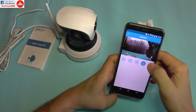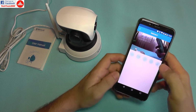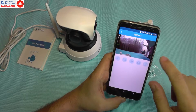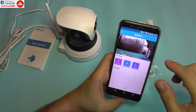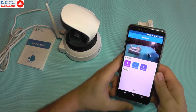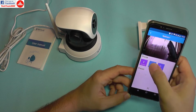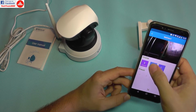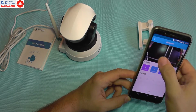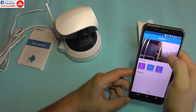Alright, and this is for listening, and yes, it does have microphony, which happens. And this thing is a cruise. You can set the camera to cruise automatically, vertical and horizontal, so this is kind of a patrol mode, and you can manually adjust the camera as you wish to,